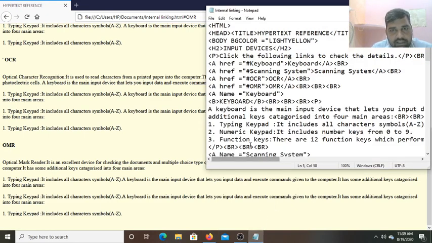You can see the code, how I have done it. Now you can also create an external link. For external linking, we don't need to write this anchor tag two times. Only this anchor tag is used, and in the external linking we don't use hash. Hash is not needed in the external linking.